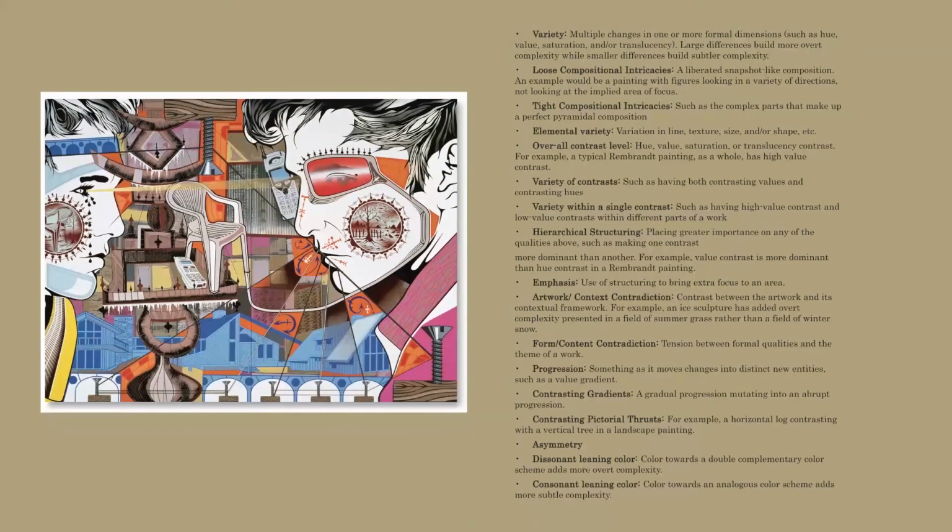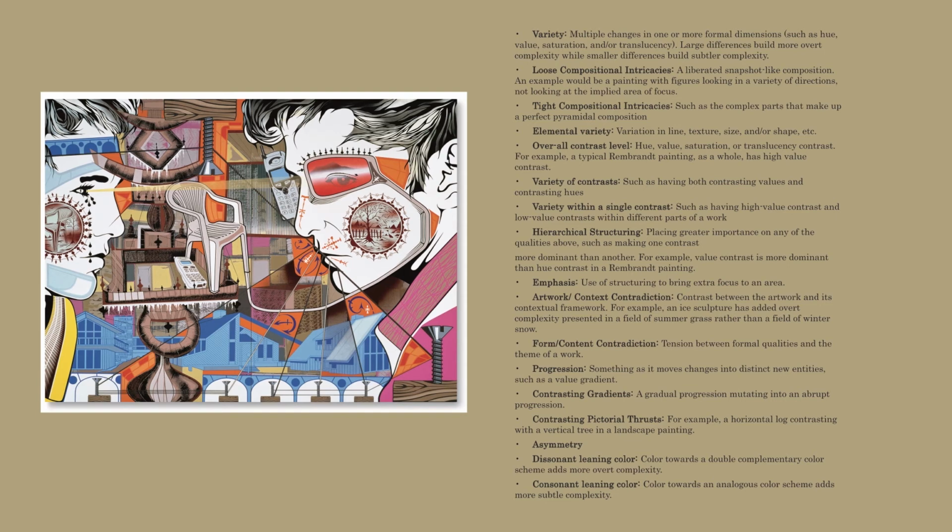Now let's take that list and place it next to an artwork. How about this one here? This piece is titled, never mind, it's listed as Untitled Number 1 by Larry Pittman. What traits do we see from our list that apply to this work? Well, I see a lot of variation, of course, on the formal level. There is also a nice level of complexity between small and large variations throughout the work. As for compositional intricacies,